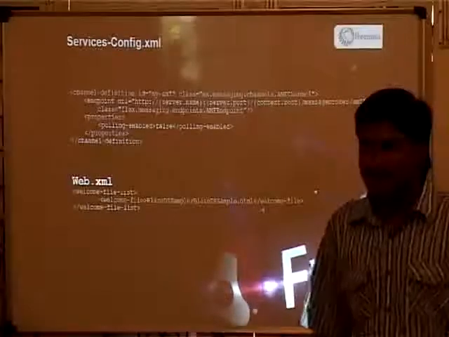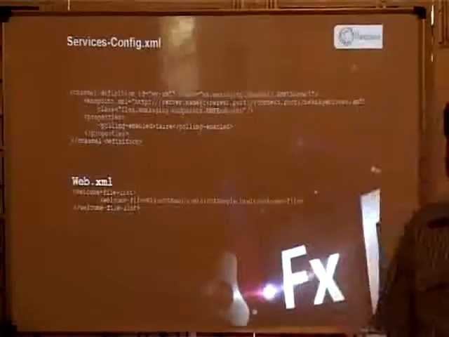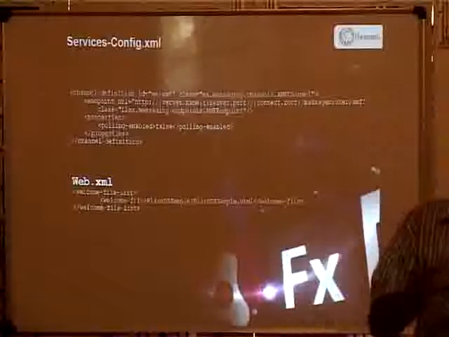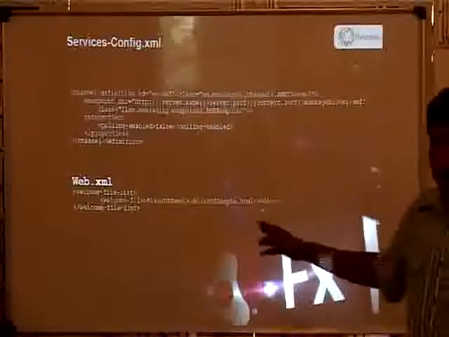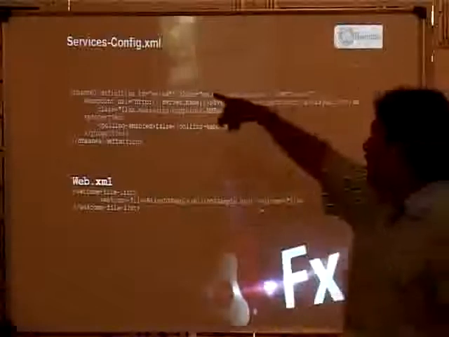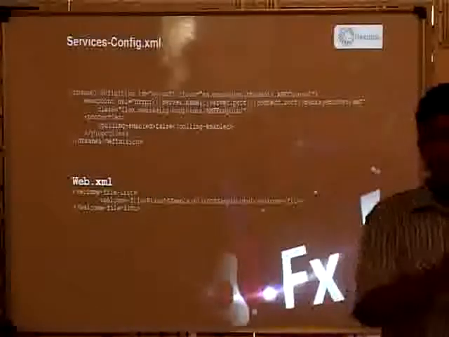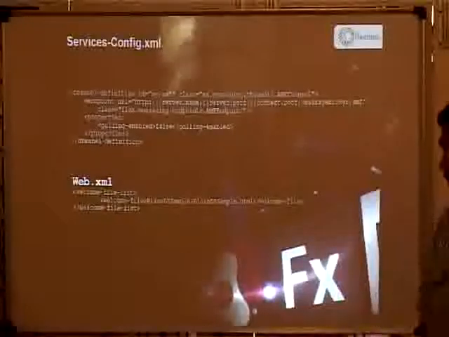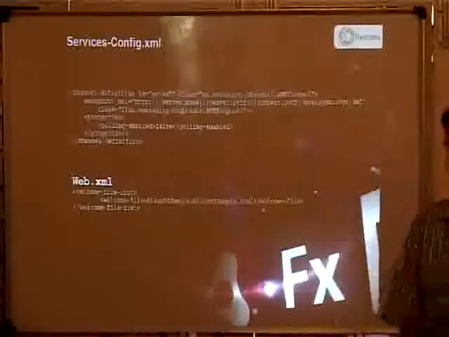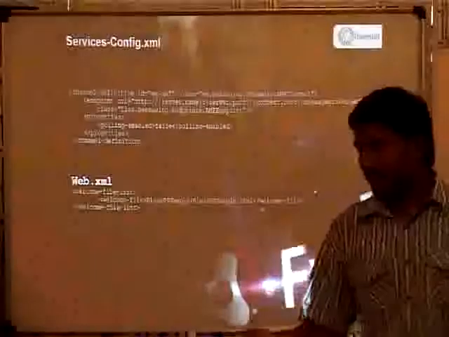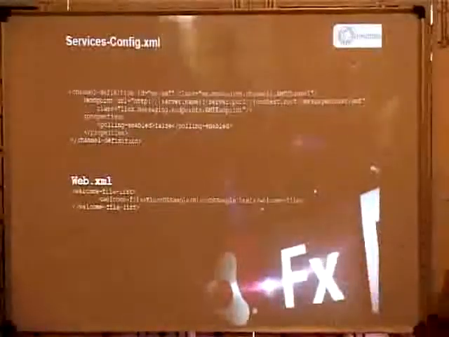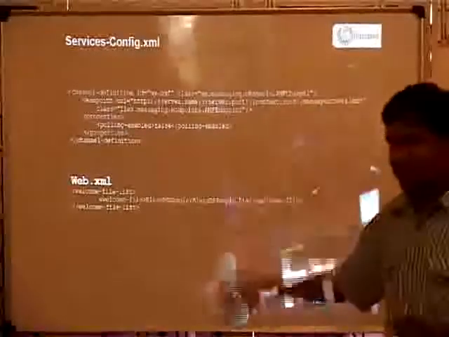Complex will be giving it in remote alias. No, not in remote alias. Actually, you are using remote object. I will show where you can use that. This is the service config. This XML is going to be embedded with your client side. For that, you have to give a compiler argument. I will show that screenshot where you have to give that compiler argument for embedding this service config XML.